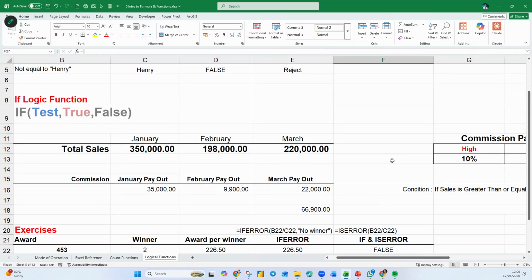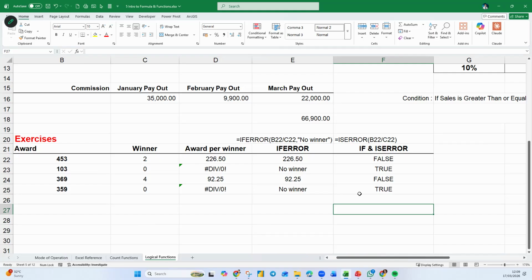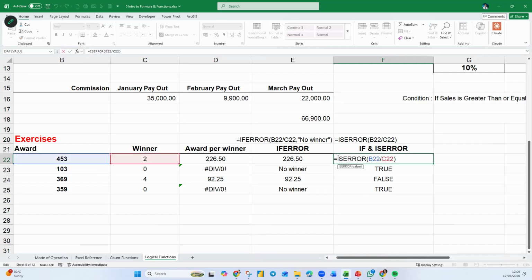You know that this is how it goes: if the test is true, then go to the true value. If the test is false, it goes to the false value. So I go to this formula and add another formula in front. I put IF, sorry, this particular formula is an error, then I'll put no winner. Otherwise, I put awarded.